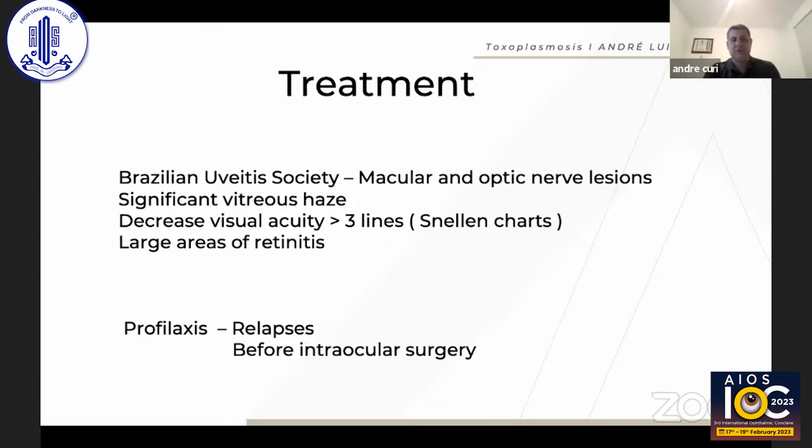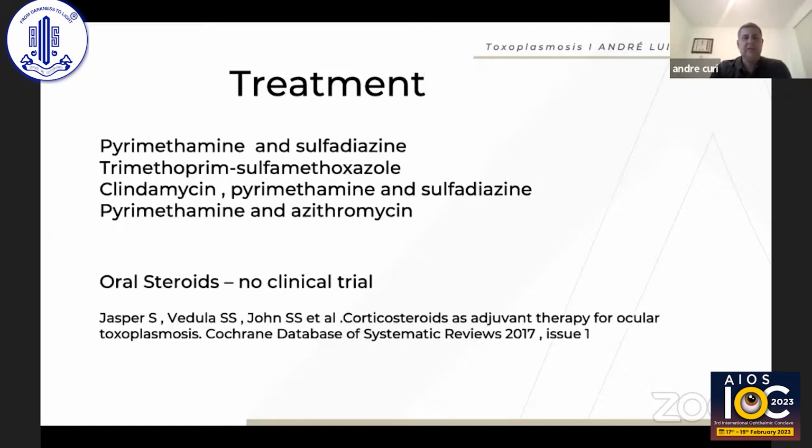Prophylaxis is another important issue. You cover this later on. So the treatment, usually they use what's called the classic treatment, pyrimethamine and sulfadiazine, but there's a lot of alternative treatments: Bactrim, clindamycin with pyrimethamine and sulfadiazine, pyrimethamine and azithromycin alone, intravitreous clindamycin. Several studies were done, and no one showed any difference between these